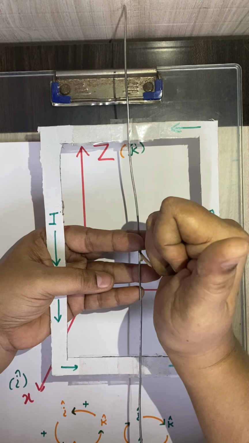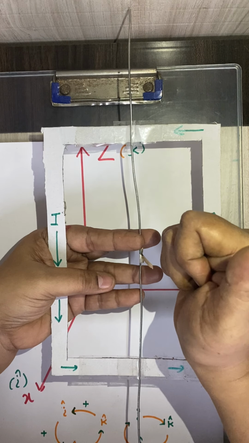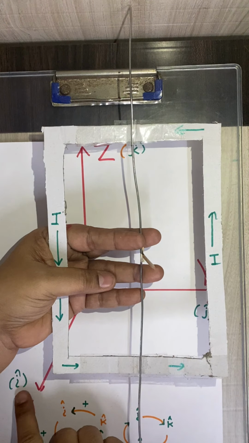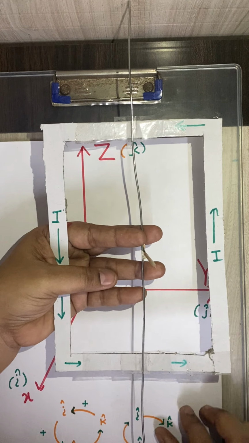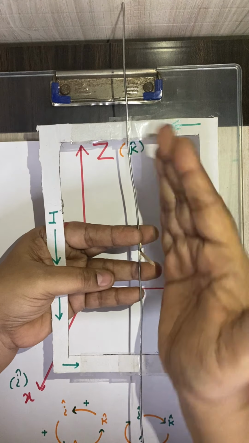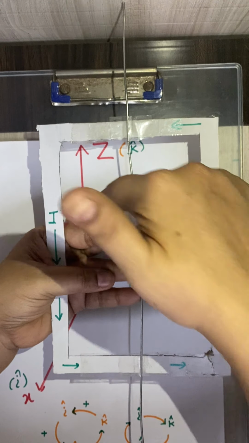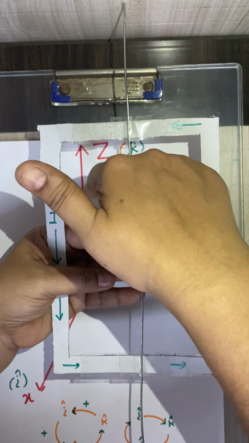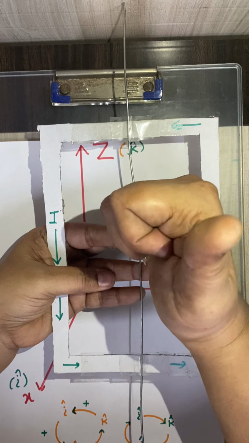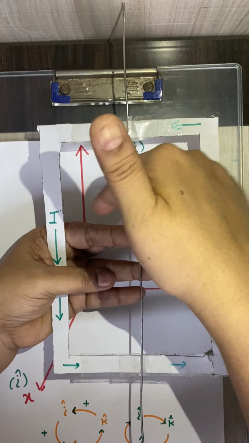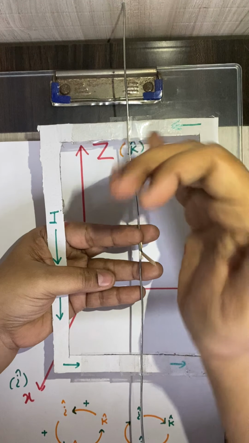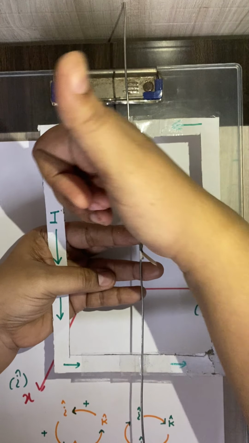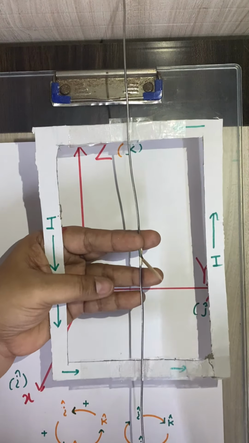So along the x-axis, which unit vector acts? It is i cap. That's what I have written here. Along the x-axis, i cap shows the direction of the unit vector. Now the magnetic field is in the z direction. So the x-axis and z-axis are perpendicular to each other, isn't it? That means the magnetic moment and the magnetic field are perpendicular to each other.